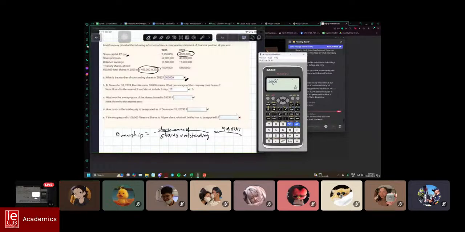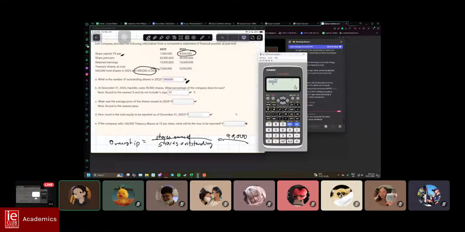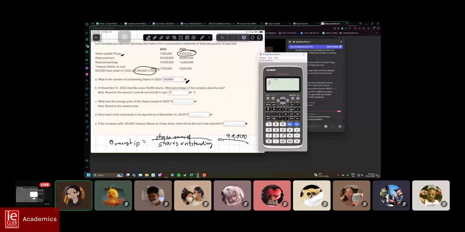So, I don't remember how I solved this, but I think it's intuitive. So, price of the shares issued. Just remember that the price of a share is its par value plus its share premium, since the share premium is just the amount paid in excess of the par value. Let's do